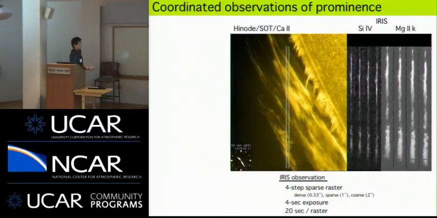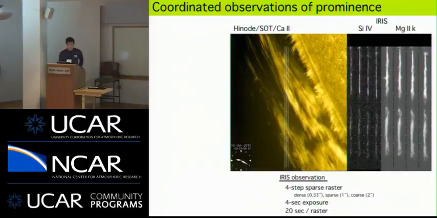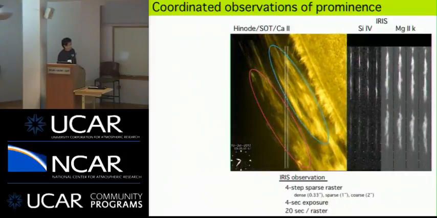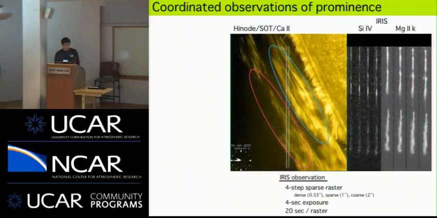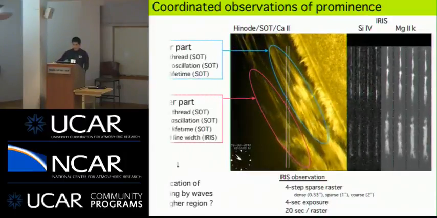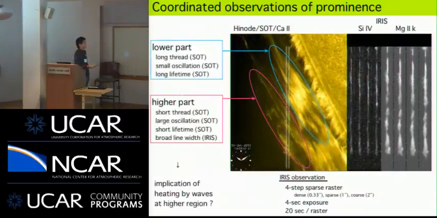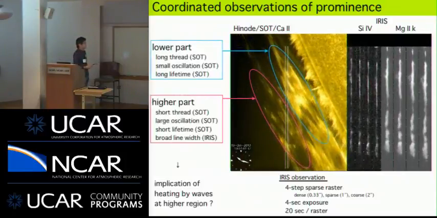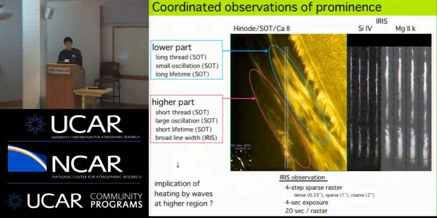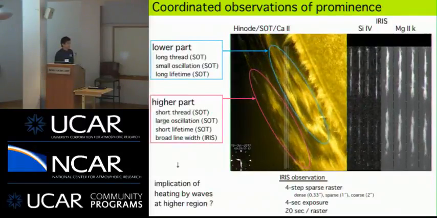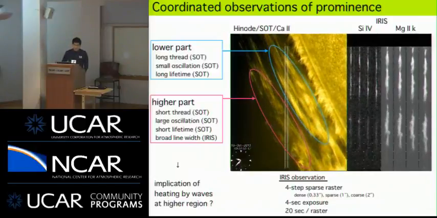And only with this SOT data, you can find many interesting features. For example, I divided this movie into 2 regions like this. And the lower region has a long thread, small oscillations, and a long lifetime, you can find, I think. On the other hand, the higher part has opposite characteristics. And also,